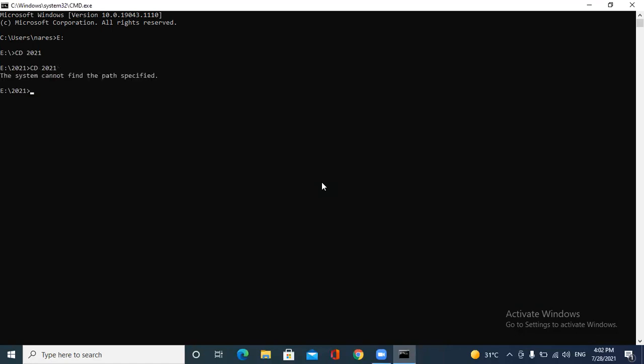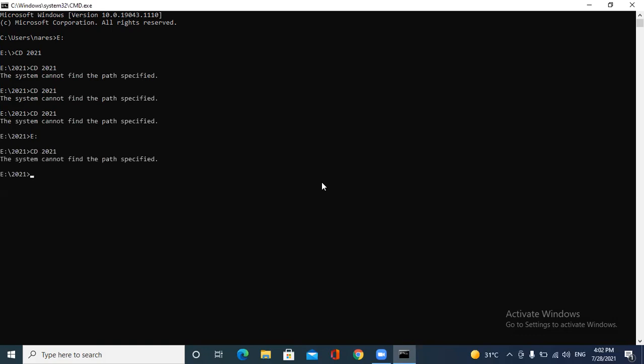The system cannot find the path specified. So again, CD space and the folder name. Now I'm in the E drive and my folder.